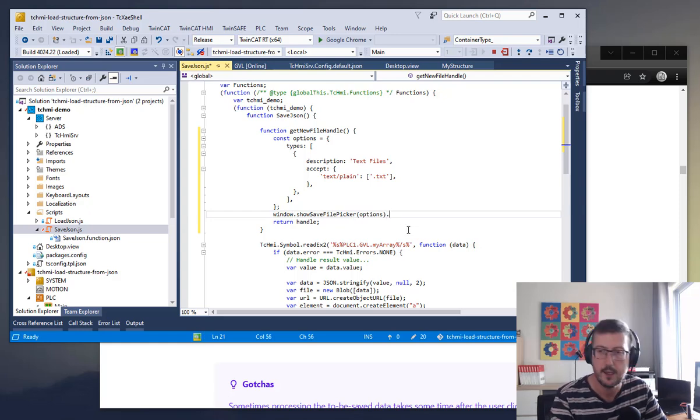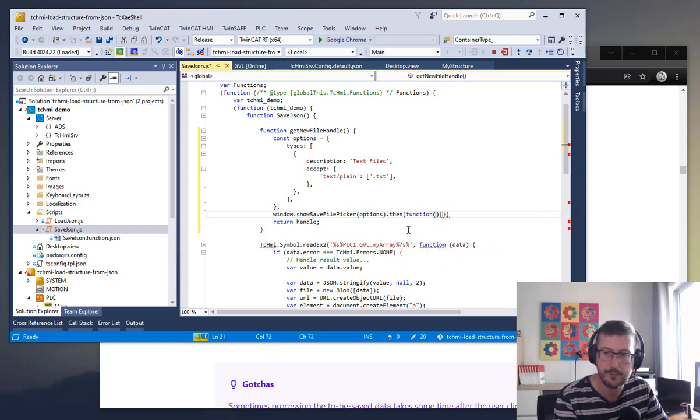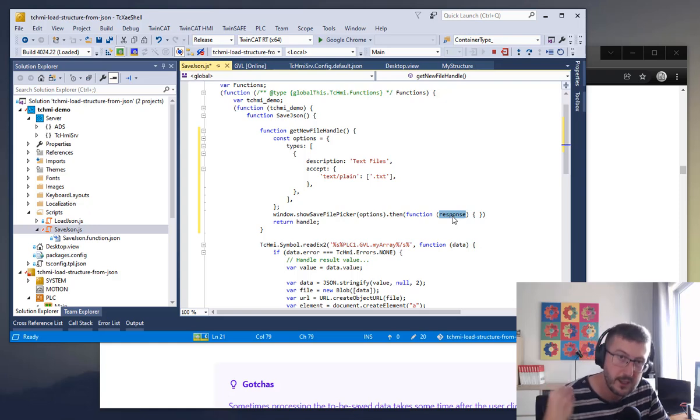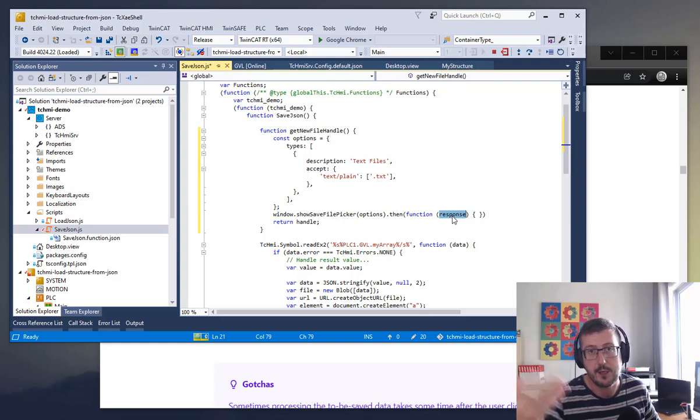So we can actually say then instead, because we're going to say, hey, if you've got a response for us, here's our then. We're going to call a function, an anonymous function. Let's just open and close that. Our response, and you can write any text there, because that's the nice thing with JavaScript. It just says, hey, you've given me a callback function, I've got an argument to give you, I'll put it in the first name that you give me. I can put Ben in there, and it will more than happily fill Ben up with the response